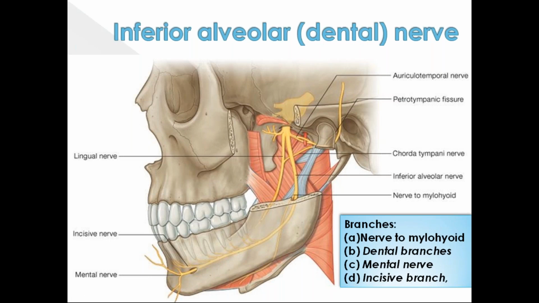The mandibular nerve is the nerve of the first arch, so the muscles supplied by the mandibular nerve are derivatives of the first arch. The mylohyoid muscle and anterior belly of digastric are also derivatives of the first arch. The next branches are the dental branches. They supply the molar and premolar teeth and the adjoining gum. Here it joins with the other dental branches and forms the inferior dental plexus.